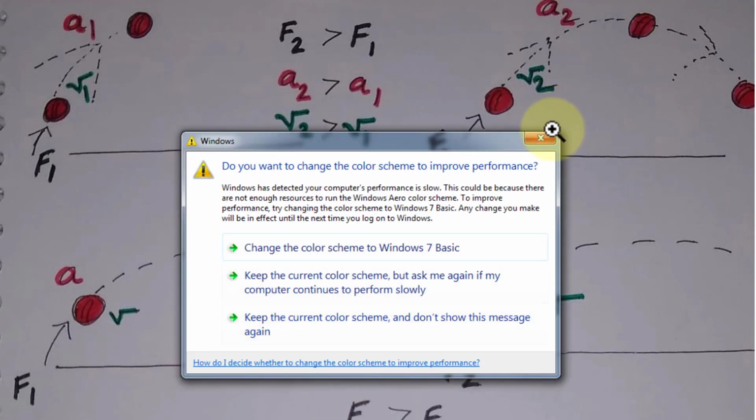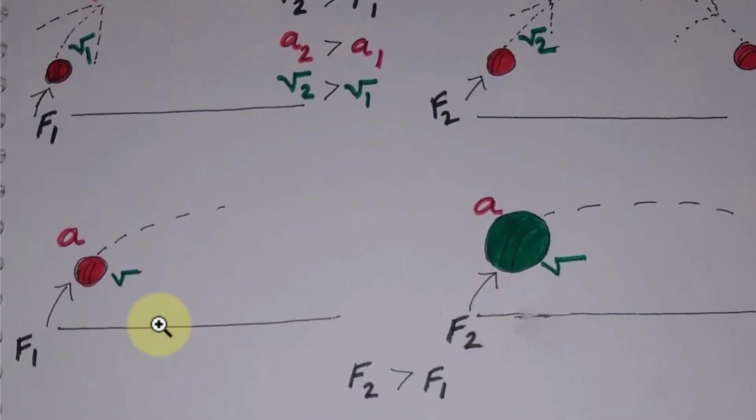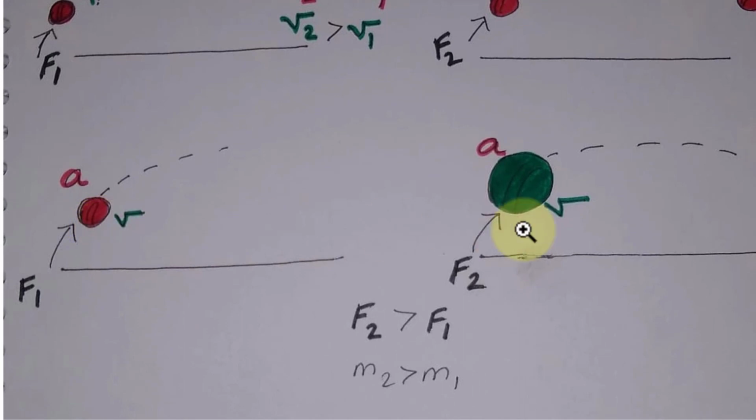Now the second example is what? A tennis ball and a football. Two types of ball, a tennis ball and a football. Of course, M2, the second body, the football's mass, is more than the first body. M2 is greater than M1. Football mass is M2, tennis ball mass is M1. The second body is heavier than the first body.